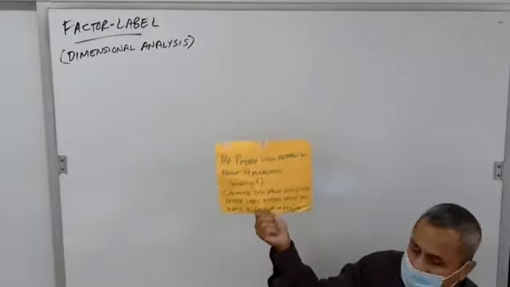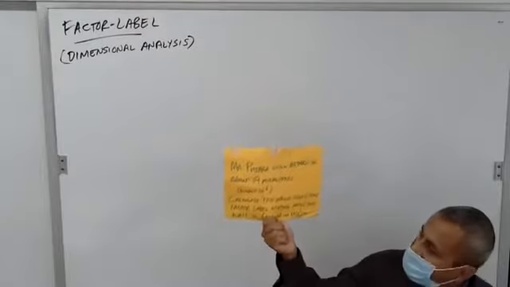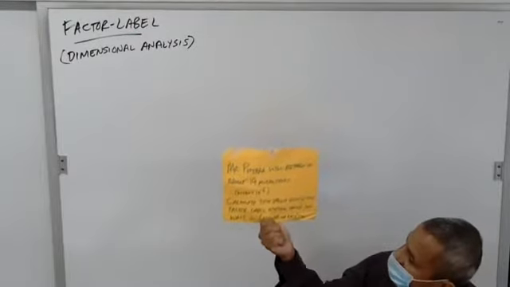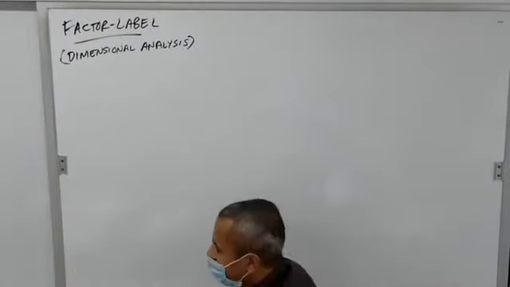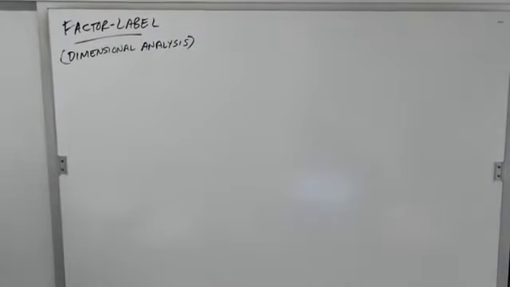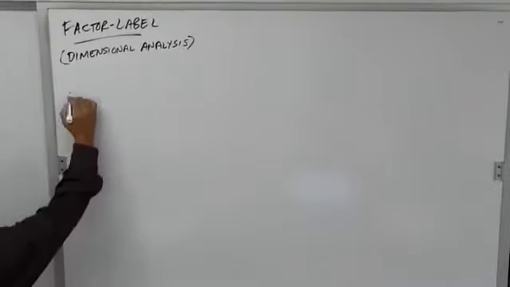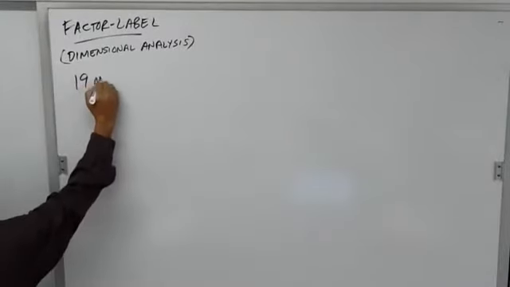Micro is 10 to the negative 6. Calculate this value using the factor label method while you wait. So it's kind of a joke because I'm having you do something while you wait, but we'll do this together right now. So if I have 19 microyears,